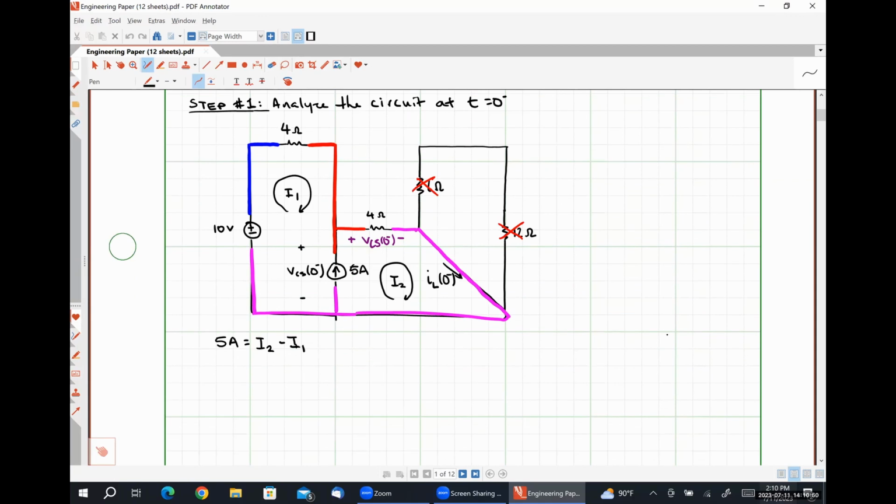And now I'm going to write a KVL equation around my super mesh 1, 2. So starting at the bottom left-hand corner of the circuit, I'm going to have negative 10 volts plus 4 ohms times I1 plus 4 ohms times I2 is equal to 0. And I'm going to solve this system for I1